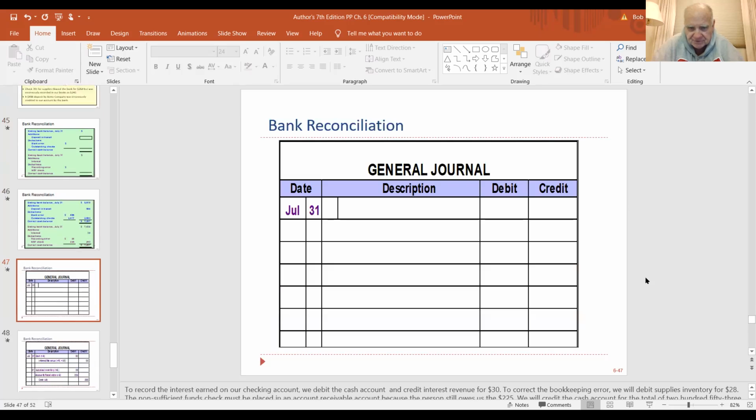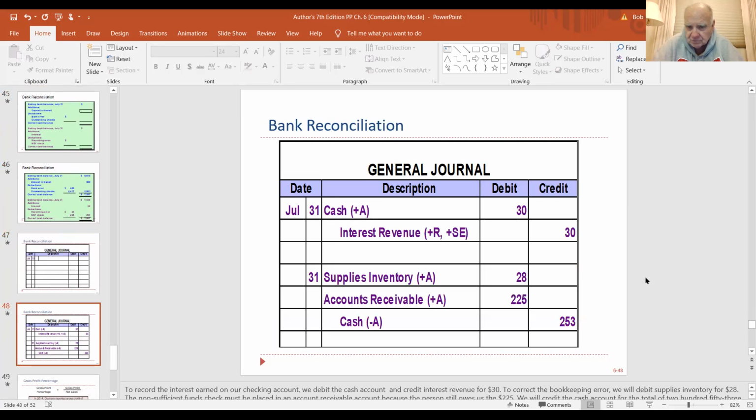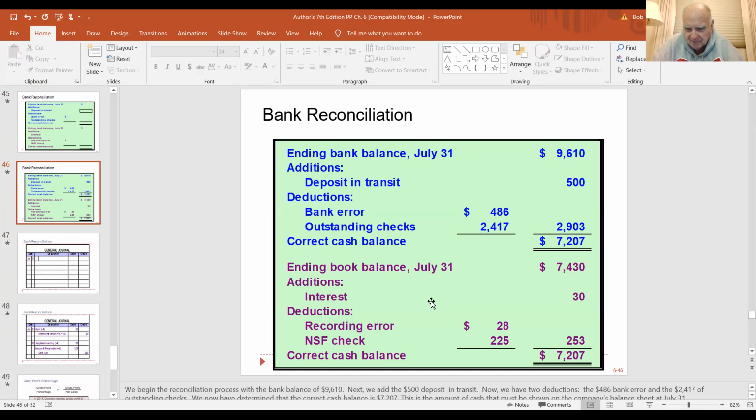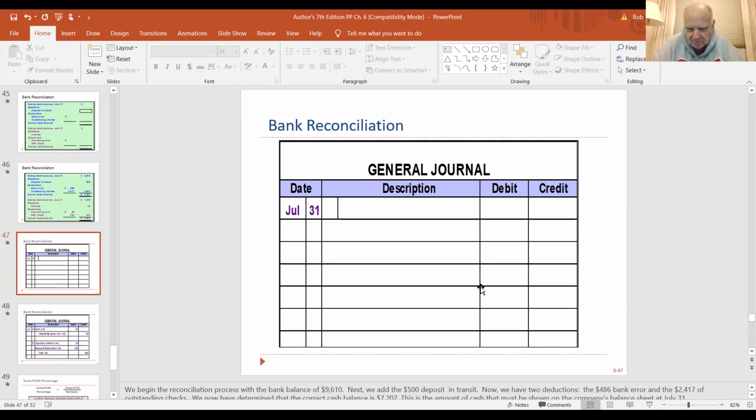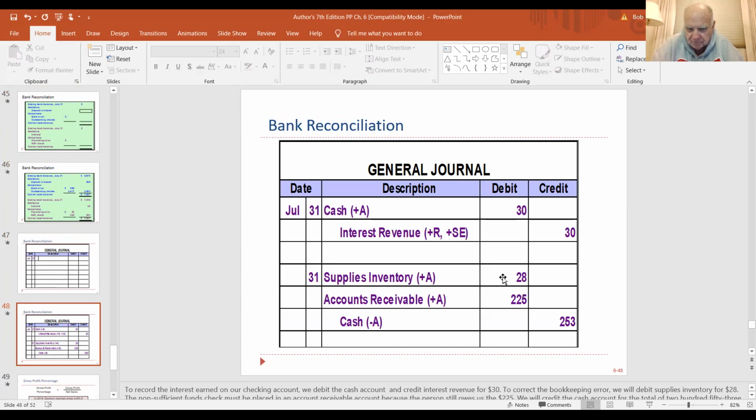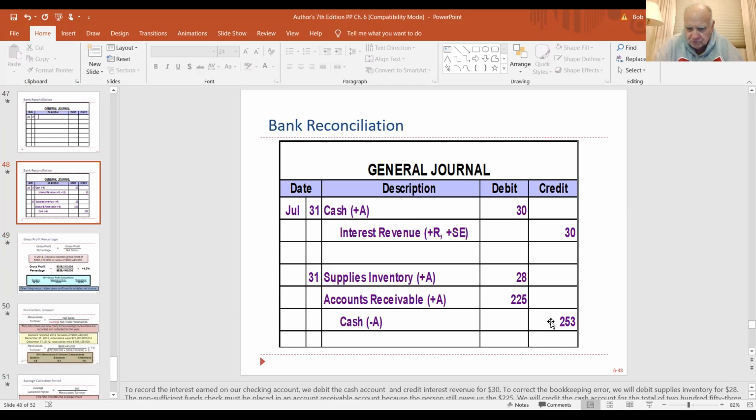No journal entries needed on the bank side. Journal entries needed on this side. Bank reconciliation, here are your journal entries. We debit cash, credit revenue for that interest income. And what they're doing here, they're combining the last three or so, combining these three together, which I don't really like, but that's okay. We can work with that. The $28, they're debiting inventory because that's what we bought when we originally recorded the transaction. We just didn't record enough inventory. We put the bounced check back into AR, and our credit is to cash. So armed with that, that's a look at the bank reconciliation.